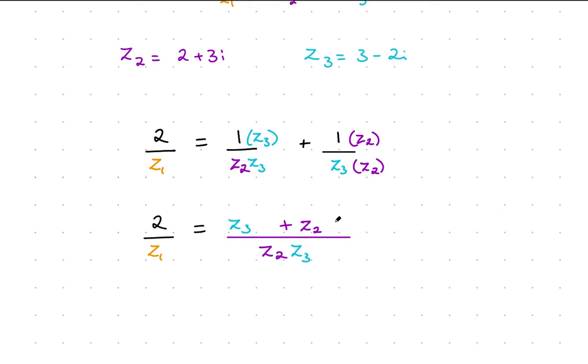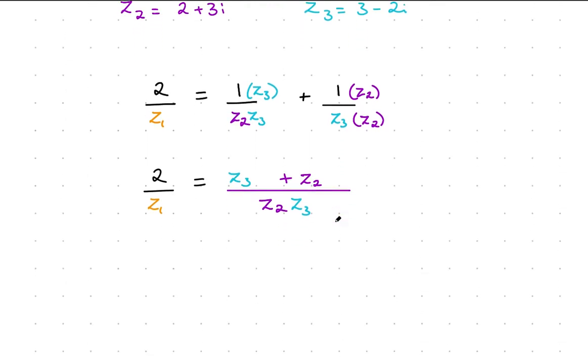And now what I have is a fraction equal to a fraction. I want to not deal in fractions, it's not really ideal. So what I'm going to do is multiply up by Z2 Z3 and multiply up by Z1, which you would have probably done in primary school or heard of as cross multiplying. But really what you're saying is, how do I undo a divide? I multiply both sides. So I'm going to get on this side 2 multiplied by Z2 Z3, so the product of Z2 by Z3, and then that is going to equal Z1